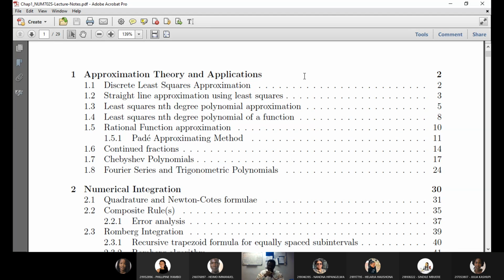So you have the least square method, which you know already from MMO, mathematical modeling. In the least square method, you have a set of data points you want to approximate, and the purpose is just to minimize